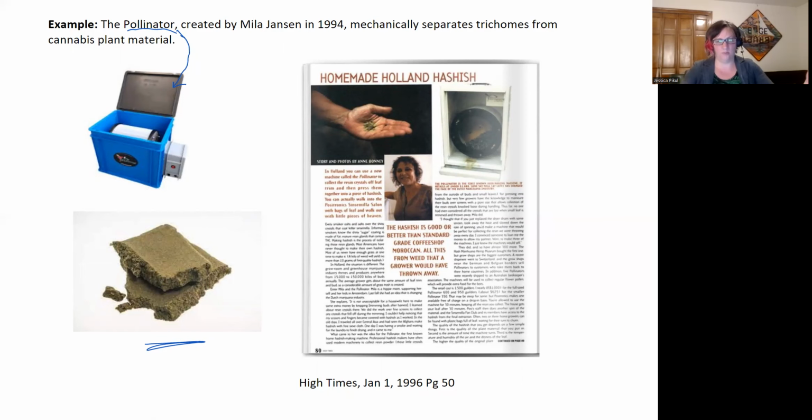And it was then another way to generate income through essentially taking the plant material you were going to throw away and extracting out hash and selling that, which is super cool. But is this science, right? She did this outside of the peer review process, outside of the scientific community, and it did benefit an entire industry, and people innovated off of it. And she innovated off of it by coming out with different types of machines, an ice water hash process, and a machine to help make bubble hash as well.